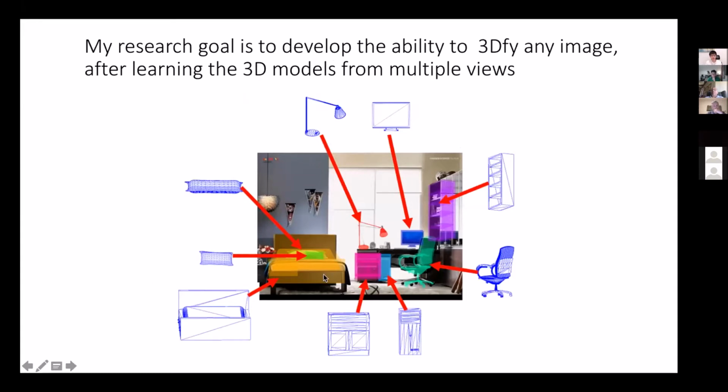So here's my statement of this philosophical goal now in computer vision terms. And this is a goal I have believed in for at least a decade. My research goal is to develop the ability to 3D-fy any image, even a single image. And I want to 3D-fy it so I can imagine replacing each one of these objects by some kind of 3D model so that you can move around and see what that scene would look like from different viewpoints. But the initial training has to occur, if you want to make it natural, just from acquiring multiple views of an object. Now we can start solving that problem.